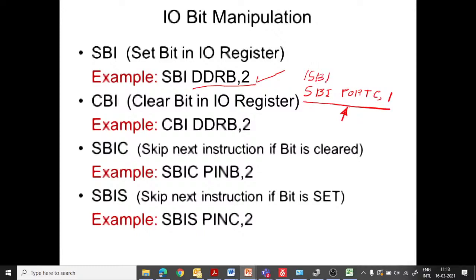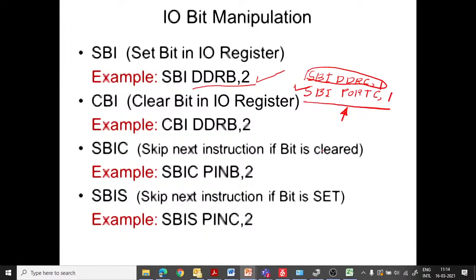So initially I have to write SBI DDRC, 1. When I do this, my port C first pin will be defined, initialized as an IO output pin, and only after that will I be able to utilize the next instruction.